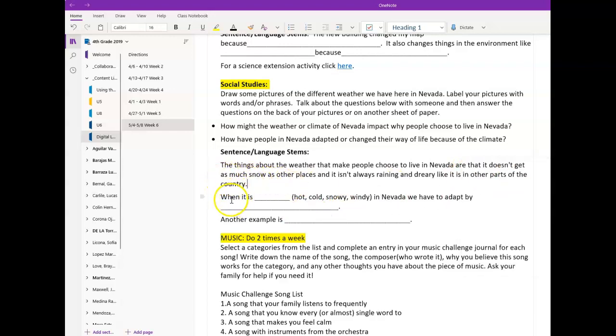Alright, so now let's look at this part. When it is blank, and it's telling us to pick one of these options. So it's answering the second part of the question. How have people in Nevada adapted or changed their way of life because of the climate? So when it is blank, we have adapted by what? So I'm going to use this first one with hot. When it is hot in Nevada, we have adapted by